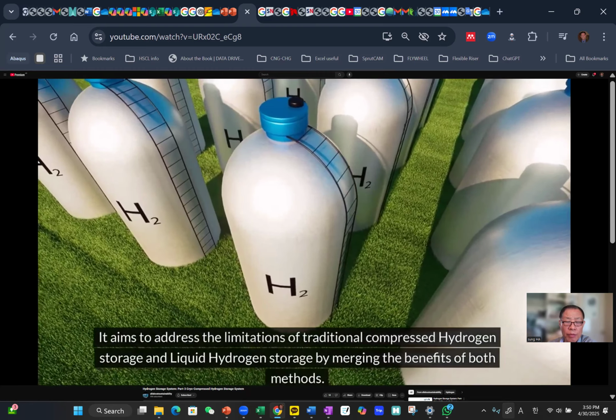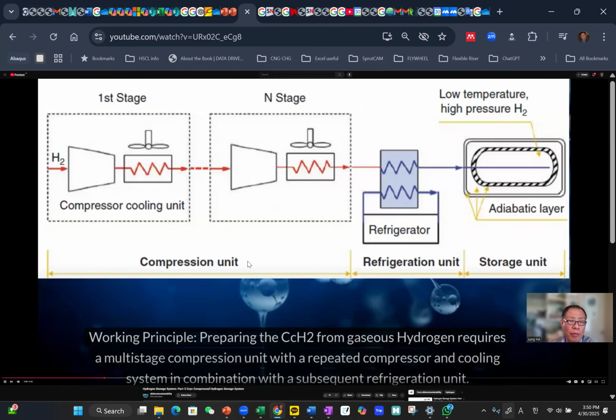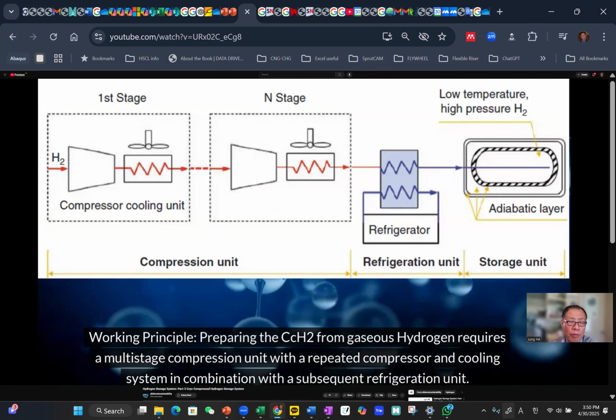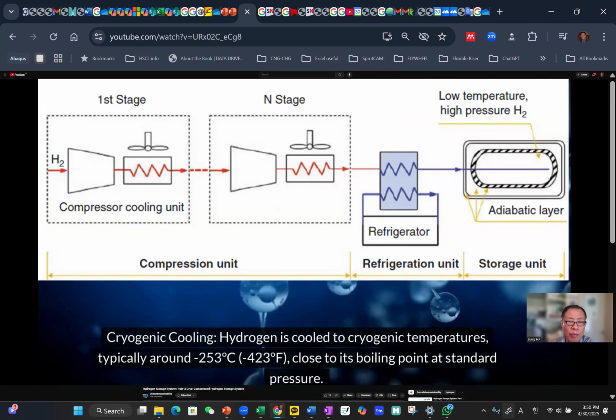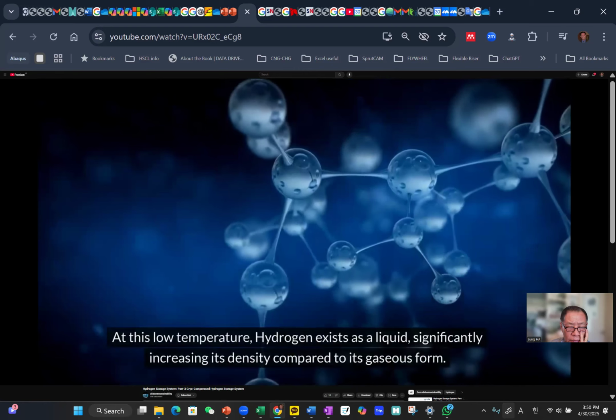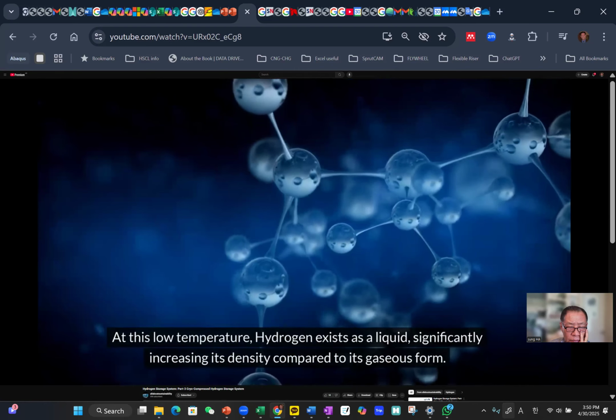of both methods. Working principle: preparing the CCH2 from gaseous hydrogen requires a multi-stage compression unit with a repeated compressor and cooling system in combination with a subsequent refrigeration unit. Cryogenic cooling: hydrogen is cooled to cryogenic temperatures, typically around -253 degrees Celsius, -423 degrees Fahrenheit, close to its boiling point at standard pressure. At this low temperature, hydrogen exists as a liquid, significantly increasing its density compared to its